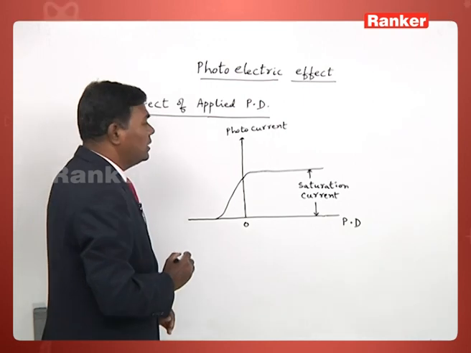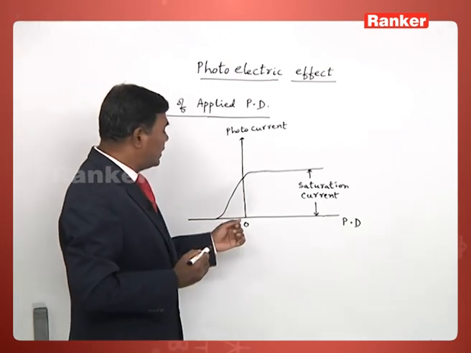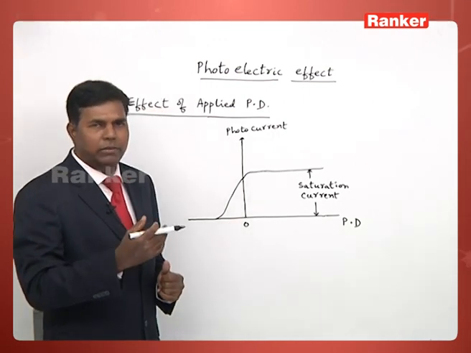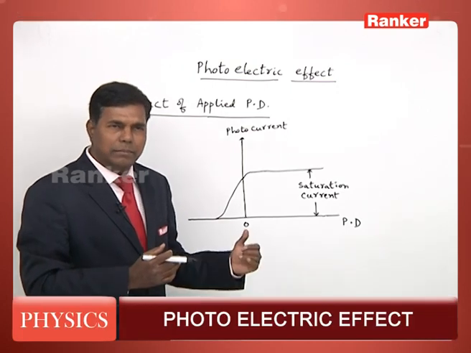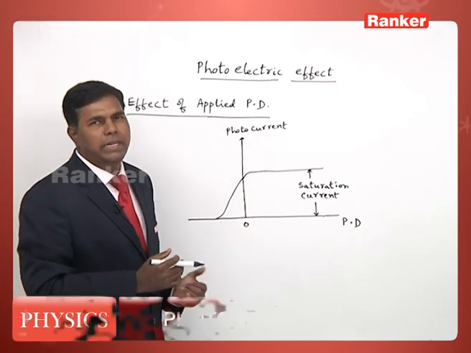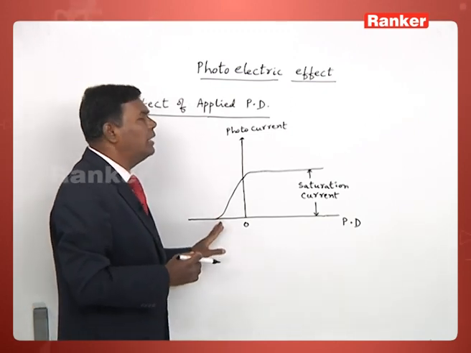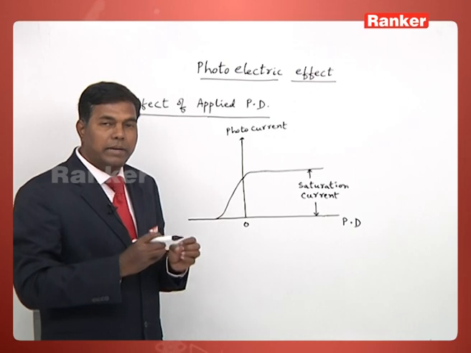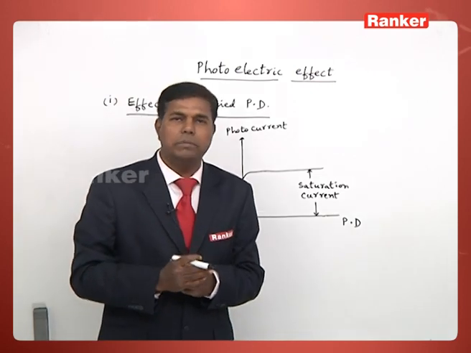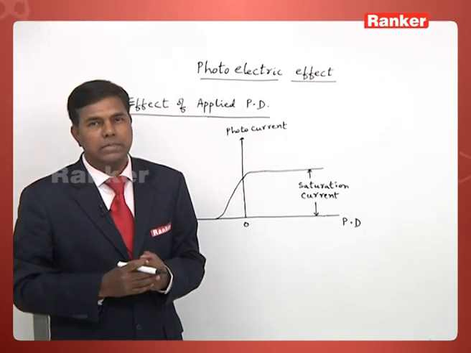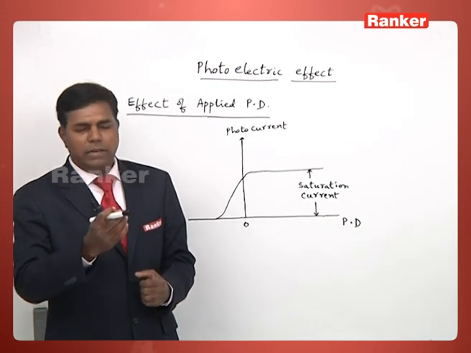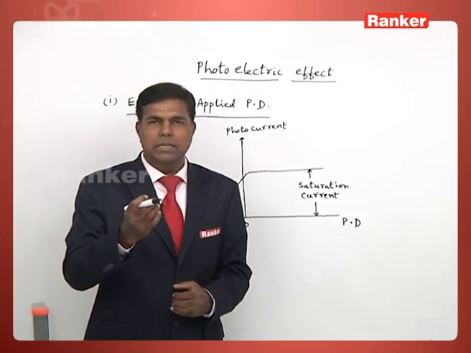That is what we can observe. When you reverse the polarity, or the negative potential is applied, then the photocurrent gradually decreases, and at a particular value of the potential, it becomes 0. For a particular value of negative applied potential, the photocurrent becomes 0, because once the photoelectron is emitted, see, electron